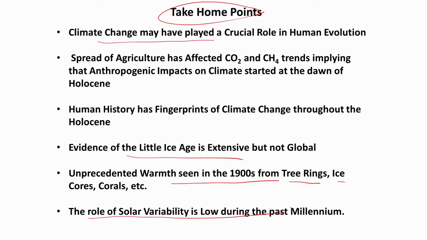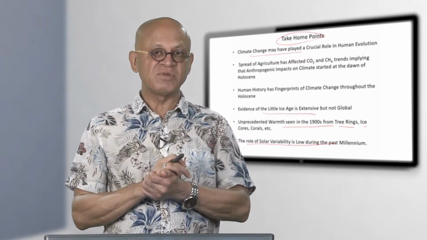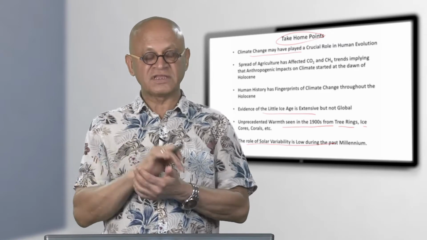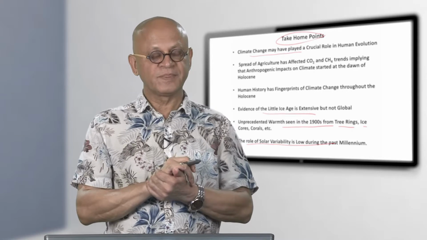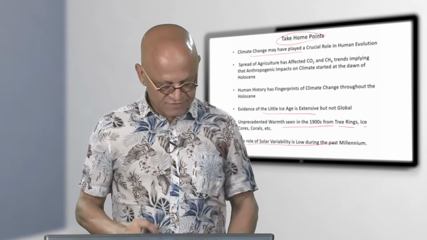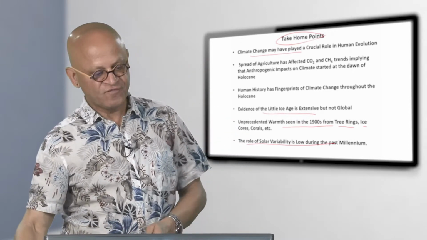It does not seem to be a big player. All the good science now and the satellite measurements, which we will look at in the next chapter, tell us that solar variability may be a player in producing something like an 11-year cycle in the monsoon and so on, but it does not seem to contribute to global warming. So, we will leave this chapter here and move to